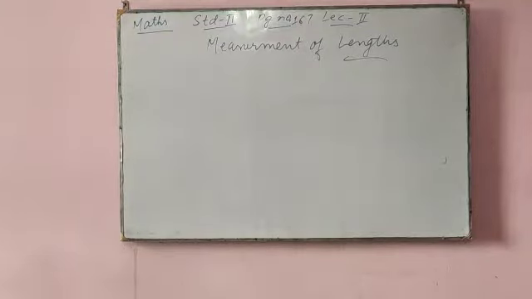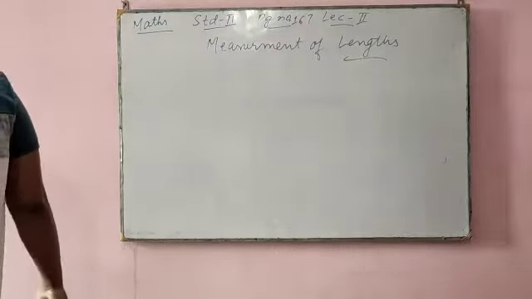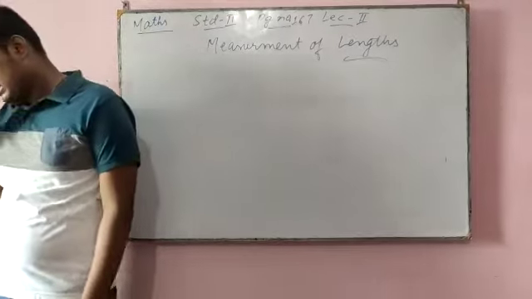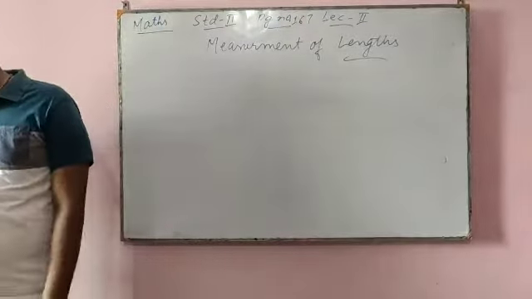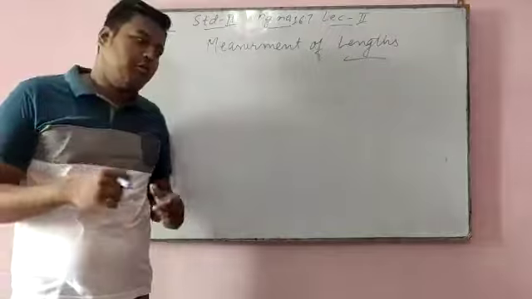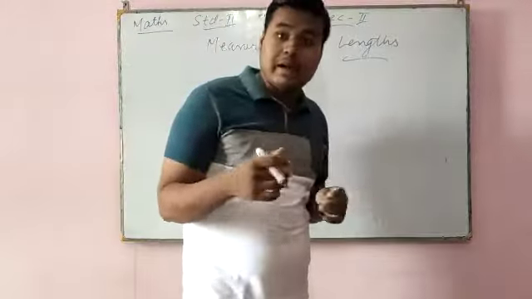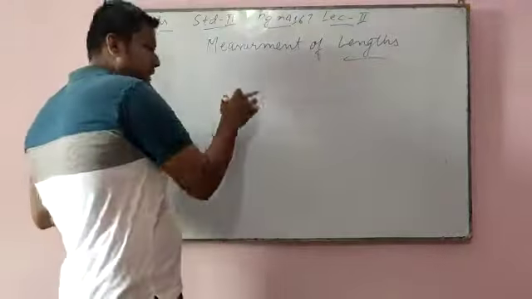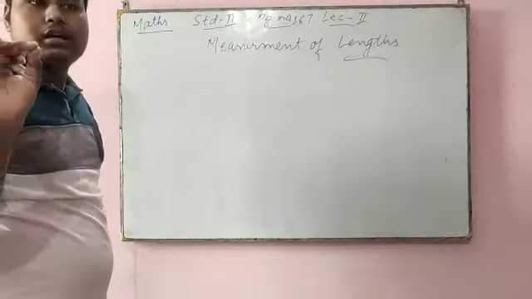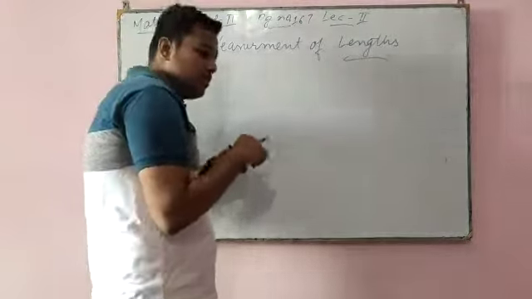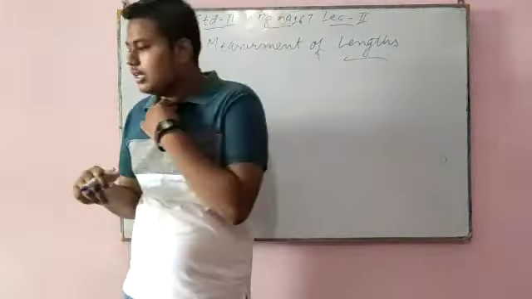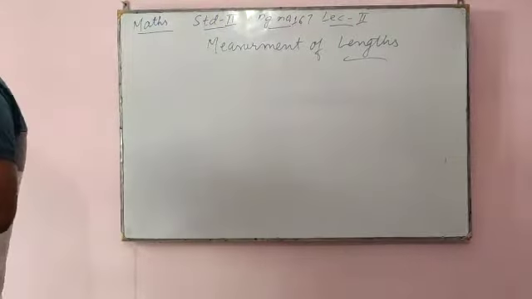So now coming to lecture number 2. The following are three kinds of meter scale used by people. It is a meter rod made of iron. Nowadays, when we solve math, we use the scale which is made of iron. We use the plastic one also, and we use the one made of iron or wood.